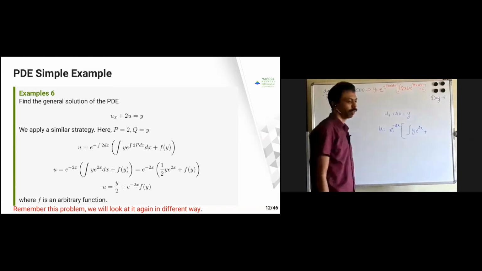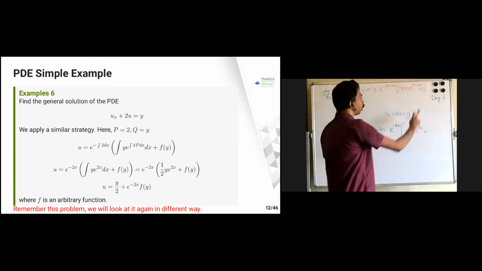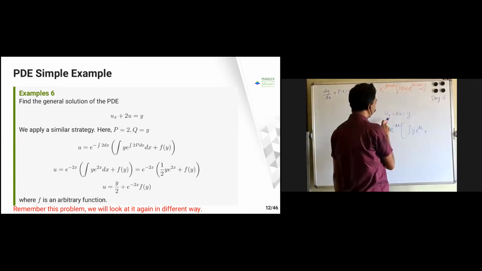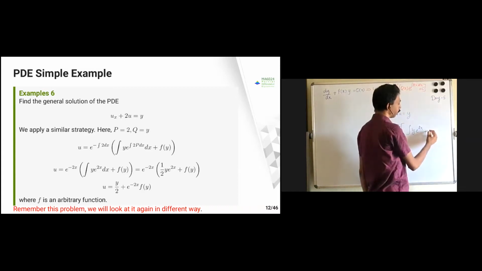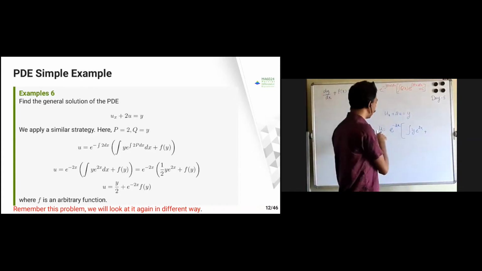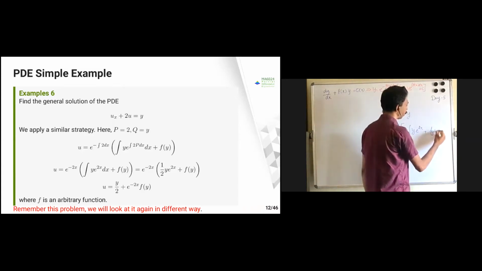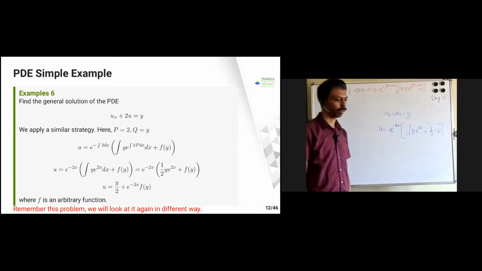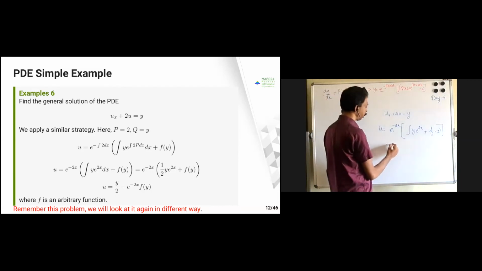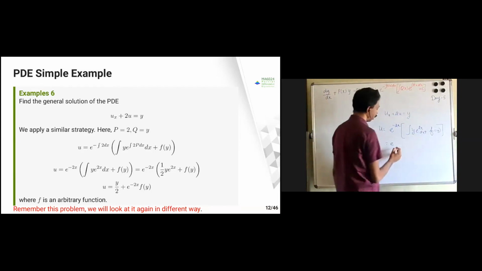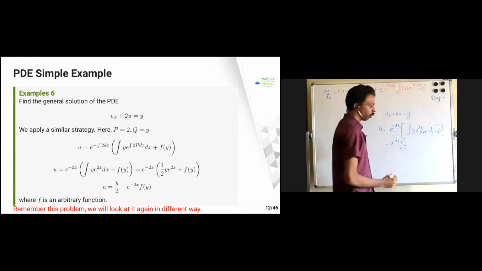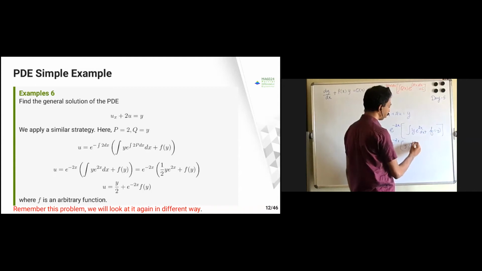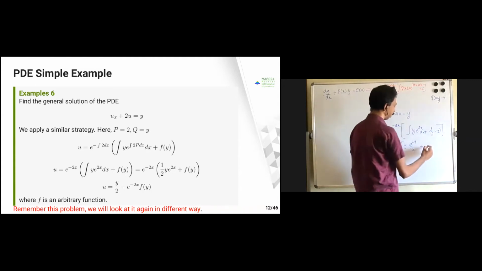Plus what I will get here. Here I have a constant. Now I am integrating with respect to x. Therefore, this constant should be, if I am integrating with respect to x, some f of y. Fine. Now you can just do that again. So e power minus 2x, and this integral is with respect to dx. Y is independent of x, so I can take it out. Y into e power 2x by 2, plus f of y.